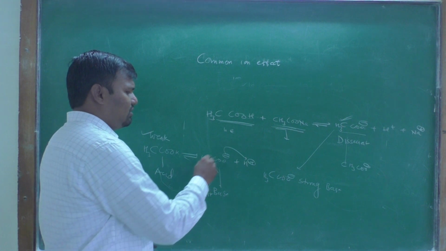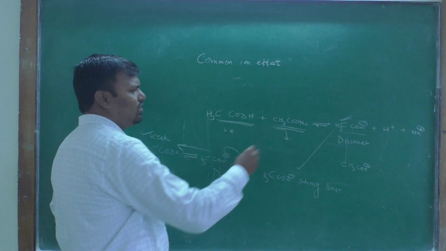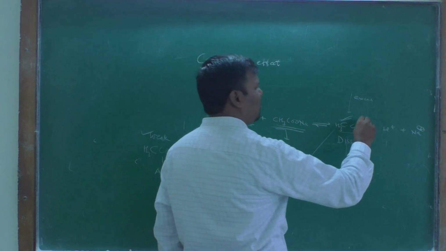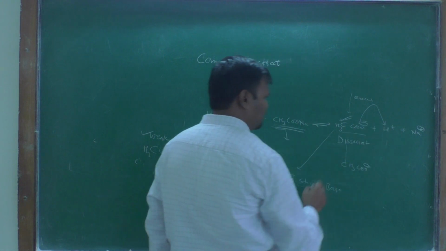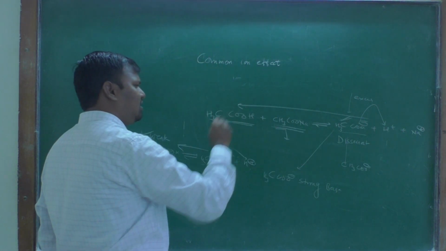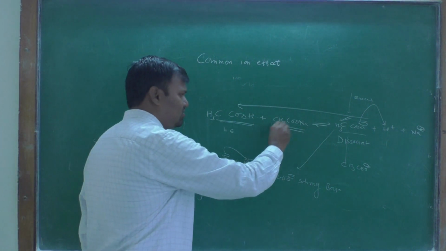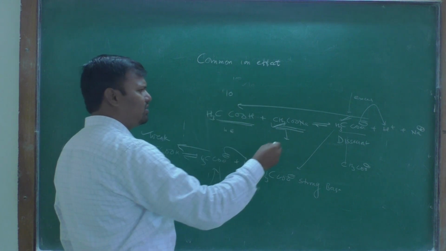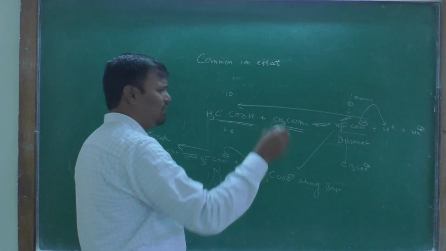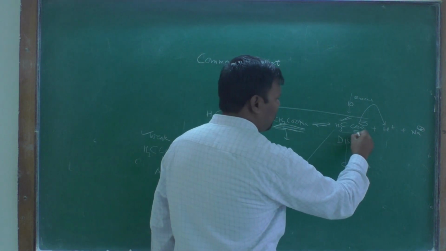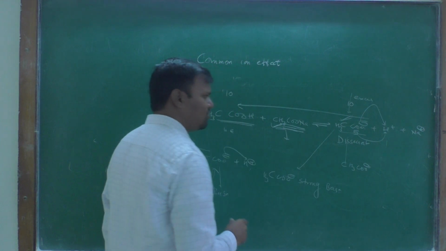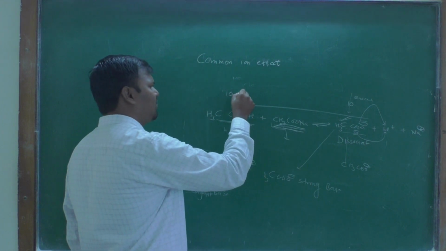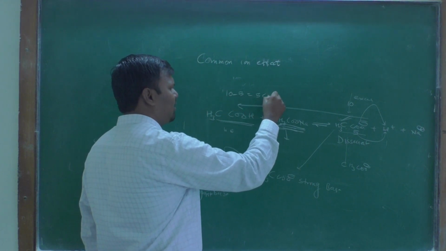Therefore it accepts H plus and the reaction goes to the backward side. In this case you obtain an excess of CH3COO minus and it is a strong base. So it takes H plus ions strongly and forms CH3COOH again. When you add this extra strong electrolyte, at first the dissociation was 10, but now it is suppressed because 5 CH3COO minus react, since the conjugate base is strong. It accepts 5 H plus ions and reduces by 5, so only 5 CH3COOH molecules dissociate.